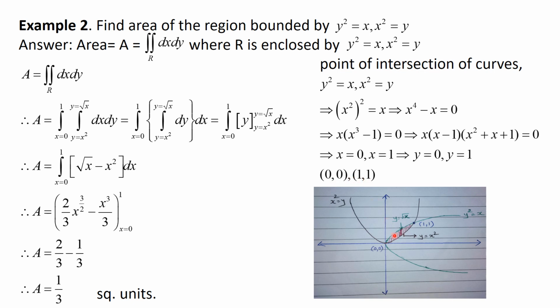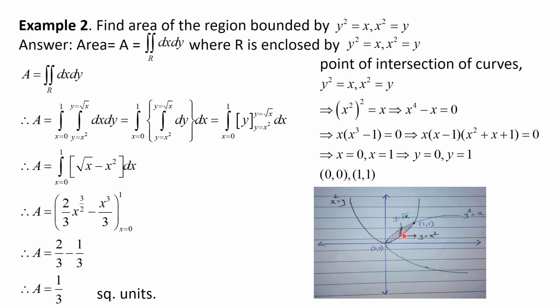Now look at the diagram. When we are considering the vertical strip, we are interested in finding what the limits are for these x and y values. So we can consider either a vertical strip or a horizontal strip. We are considering a vertical strip where y is equal to, this is nothing but our lower curve, for which the value of y is x square. Since it is the curve x square equal to y, the lower limit is y equal to x square, and the upper limit is for the curve y square equal to x. So this curve can be written in the form y is equal to root x.